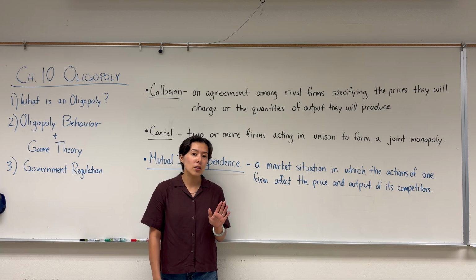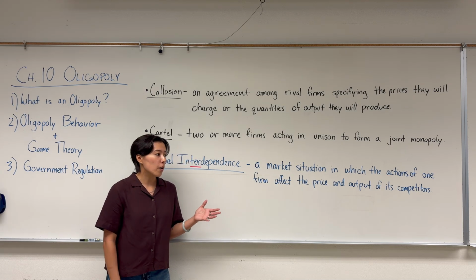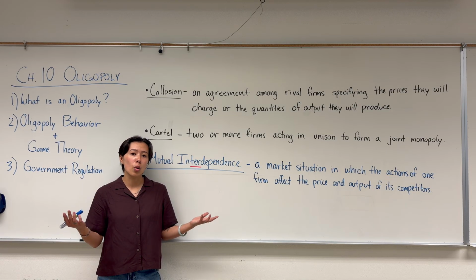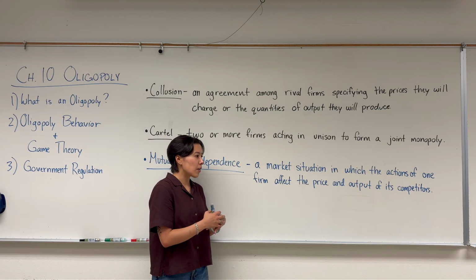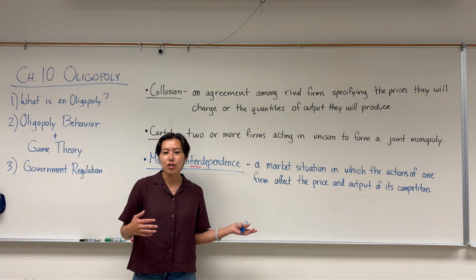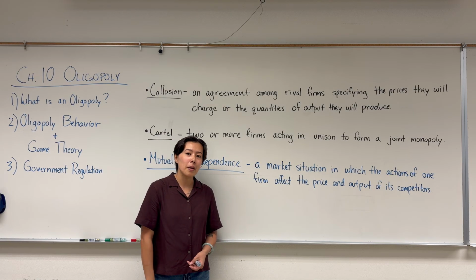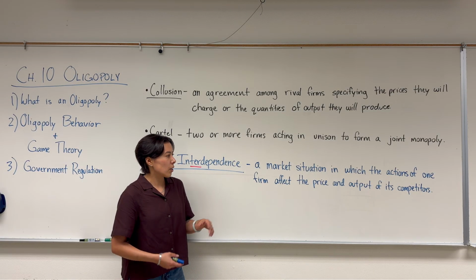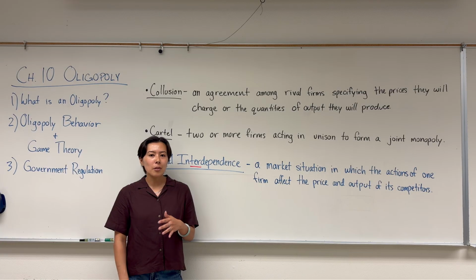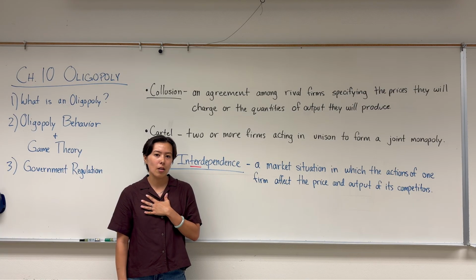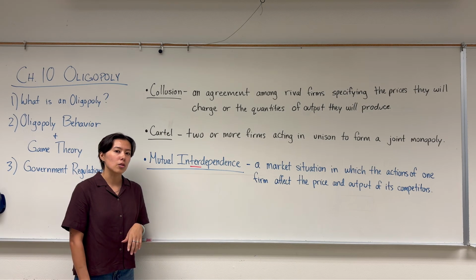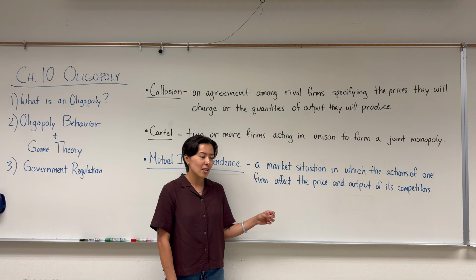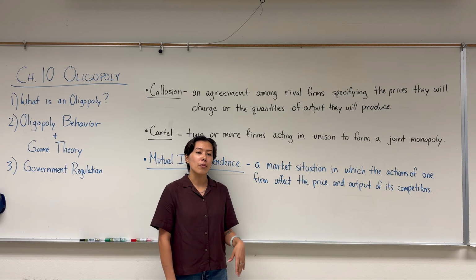And this is very different than what we've talked about so far. Under perfect competition, we had many, many sellers. No single firm had any significant control over the market. So each firm is kind of like a drop in the bucket. If one firm decides to change its level of output, it's not really going to impact any of the other sellers in that market. Similarly, under monopoly, there are no other firms to compete with. So the monopoly just makes its decisions thinking only about itself. It doesn't have to worry about this interdependence. But under oligopoly, with just a few firms sharing this market, they're going to be very wary of what their rivals are going to do.